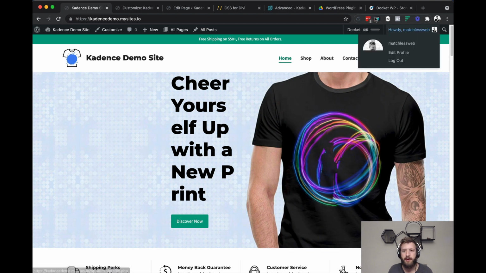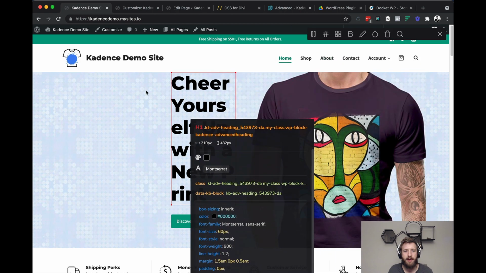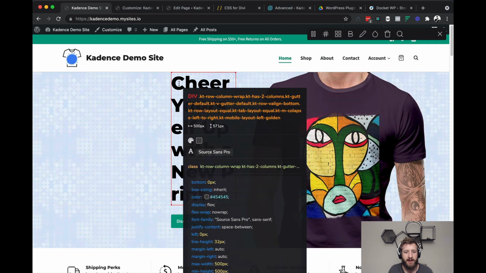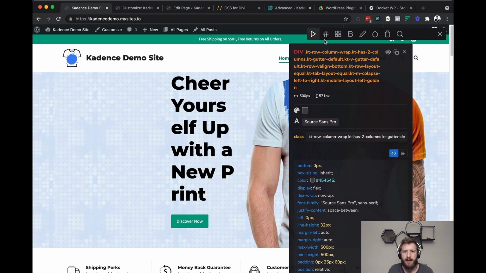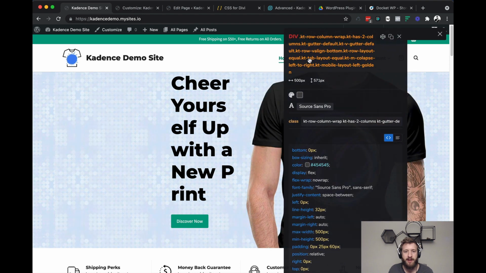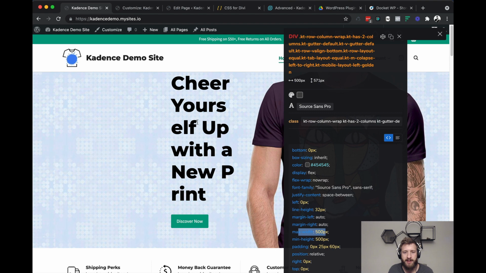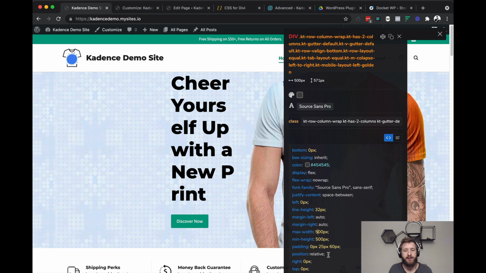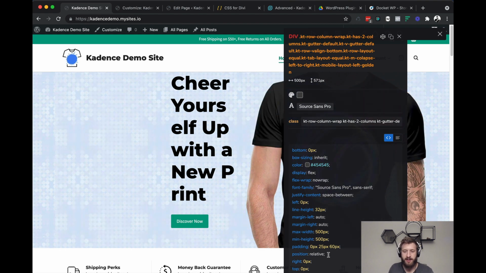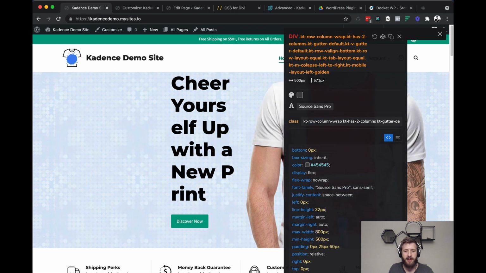I'm using an app here called Hoverify. It's a Chrome extension to just pull up some CSS and not have to go into DevTools. You can see that the max width for this div has been applied at 500 pixels. So if you've ever tried to manipulate your text by adjusting the absolute max width of a container, by doing some kind of adjustment on the fly, and I see that didn't take. Oh, is it because I paused it?